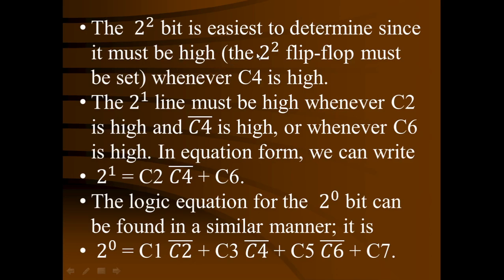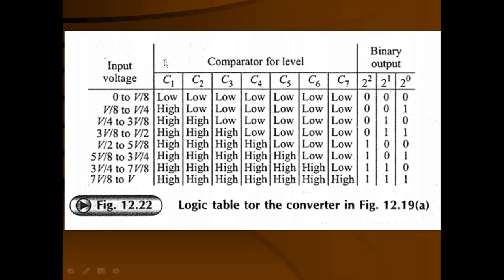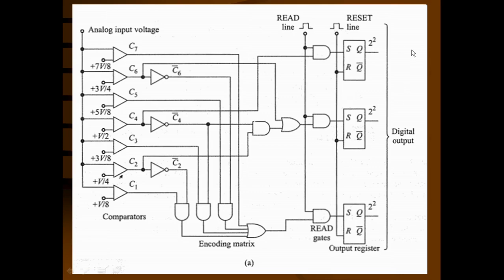From the circuit diagram we can derive the equations also. If you understand this truth table, you see that when you require the MSB to be high, in the circuit diagram there are 3 flip-flops. This is the MSB flip-flop. Initially, when the reset line is activated, that means a positive signal, all flip-flops get R equal to 1 and S equal to 0, and all the flip-flops are reset. That means the condition is 0, 0, 0.